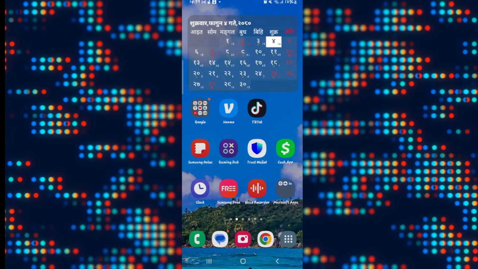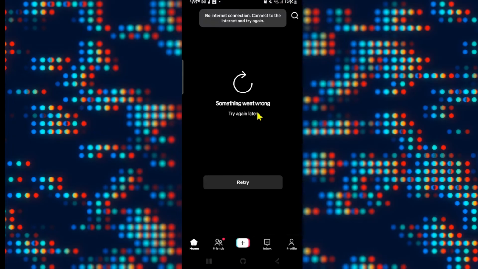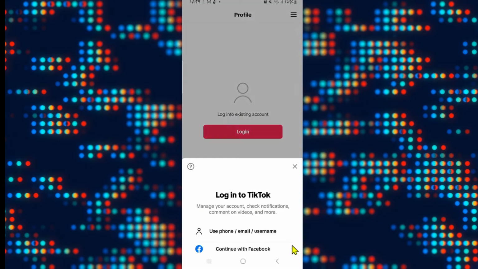Now if you have already installed the TikTok application on your device, go ahead and tap on it and you might be asked to sign up by selecting various of your interests. You can simply tap on the skip button within this screen and then you will be taken into the home page. In order to log into your existing account, click on Profile at the bottom right corner